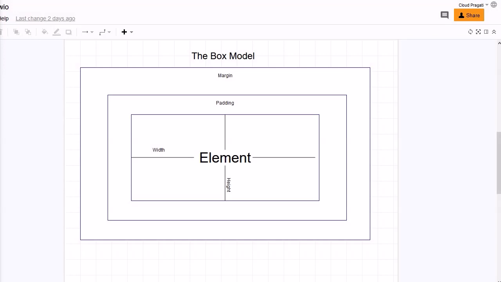One thing you must remember is that whenever a browser renders a page, every element on the page is rendered as a rectangular box according to the CSS box model. The box model has multiple properties in CSS, like we are seeing over here: margin, padding, borders, content. In the upcoming session, we are going to discuss margin and padding in more detail, but for the time being,